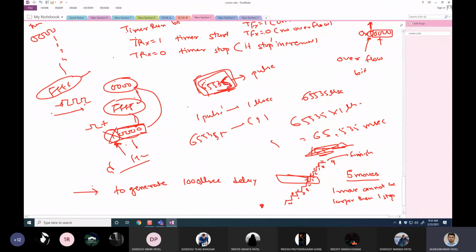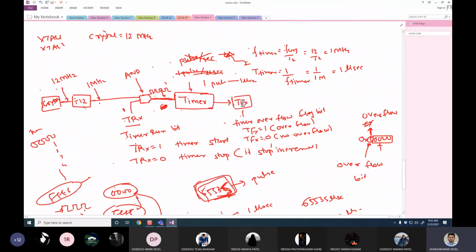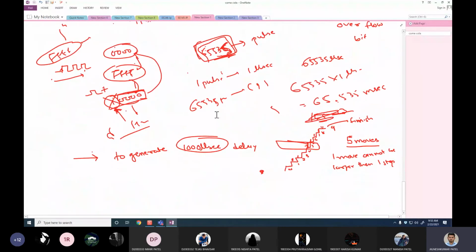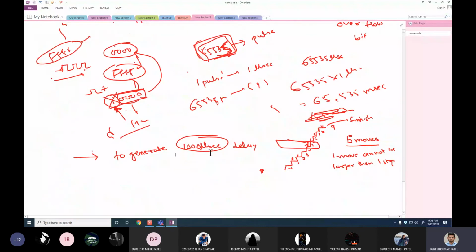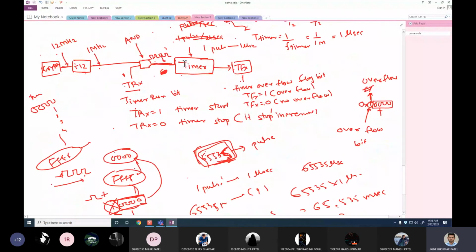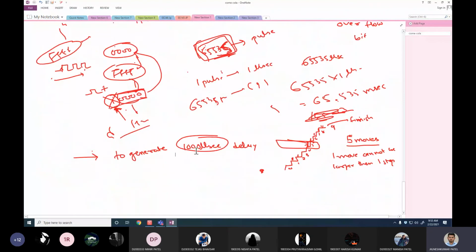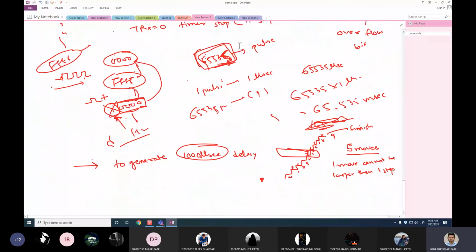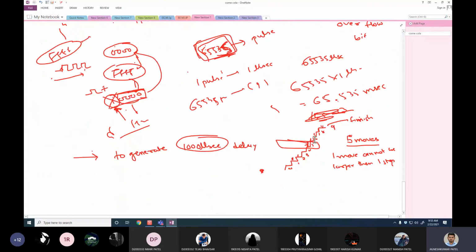The same thing I'm going to do here with this 1000 microsecond delay. Now the thing is, with this timer you cannot read the timer continuously. You can just look at the timer overflow status. If the timer overflow flag is set, that means your timer overflowed. I just want a 1000 microsecond delay, so I'm going to trick this timer in such a way that as soon as the 1000 completes, my timer overflow appears.